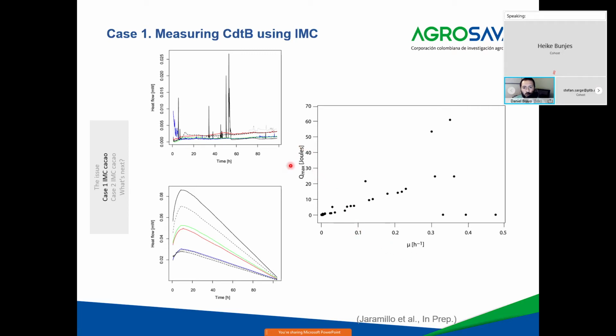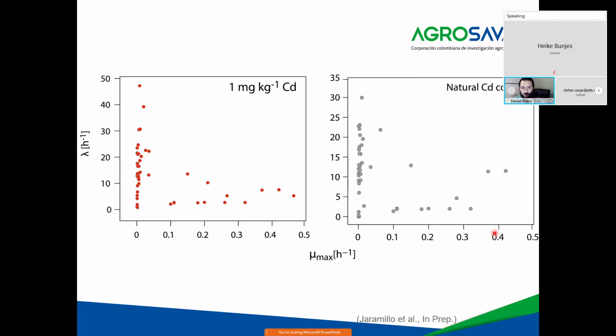And we have seen, comparing the maximal heat produced, that some samples produce a large scale of maximal heat with more or less interesting growth rate. However, there are some samples with a low Qmax, low maximum heat produced, but with a little bit more growth rate. Let's say there is a little bit more biomass production at this point in these samples.